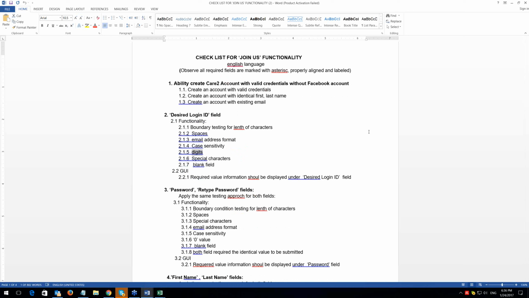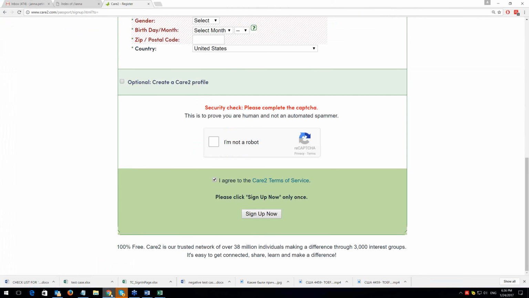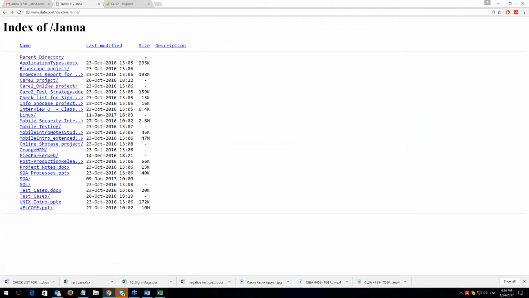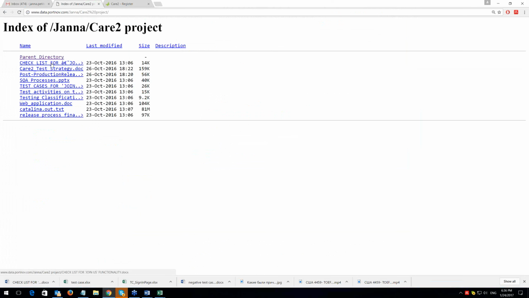Do you agree? And by the way, so that you can reach it for your needs, I put this checklist here. You see, guys, our folder is Care2 Online project. I hover the mouse over the Care2 project, and inside of it you can see the checklist. I put this checklist here purposely for you so you can see, yes, it's not easy work.